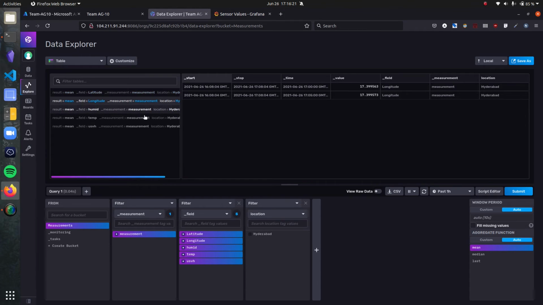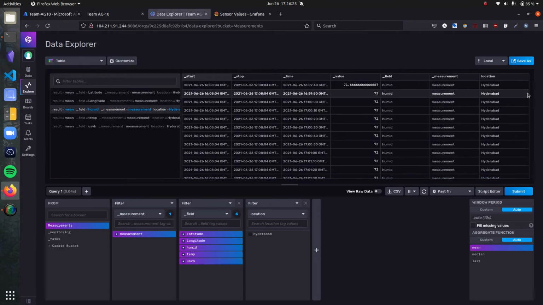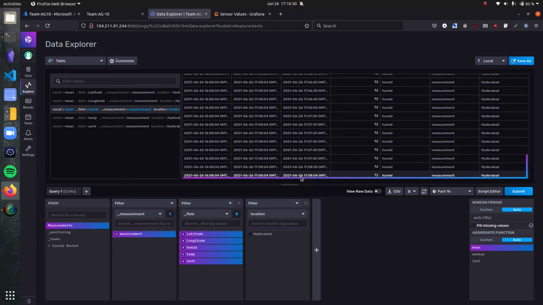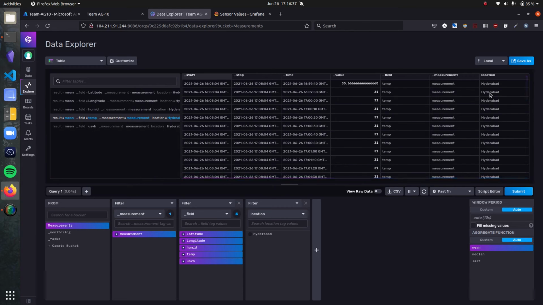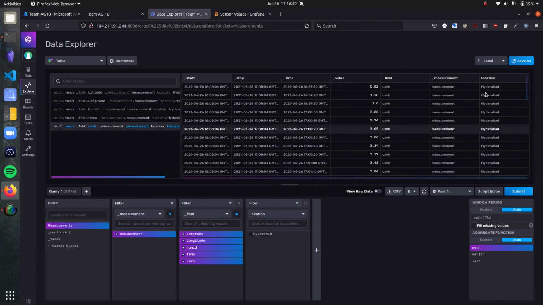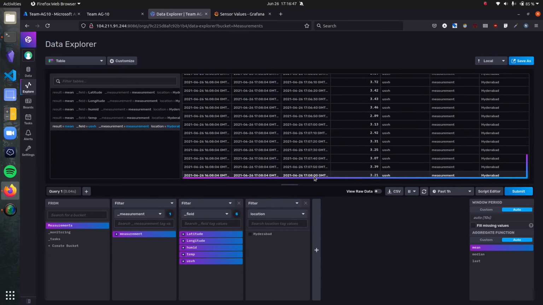Similarly with the longitude and the humidity, I have to scroll down a lot, but for the latest readings, here you go. 26 June 2021 at 5:08 p.m., and this is the temperature at 5:08 p.m., and this is the radiation, again at 5:08 p.m.